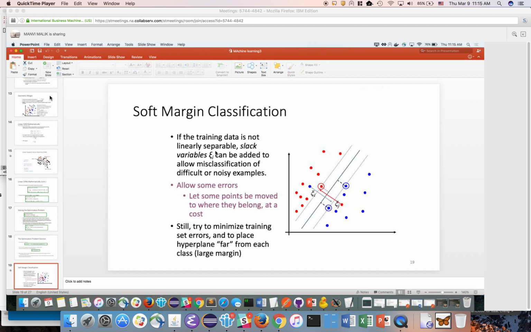So that means you are taking some misclassified points or a few extra variables in your calculation. No, so these variables existed or you have introduced them? These are data points. These existed. But how do you choose them, the support vectors or the slack variables? The slack variables basically